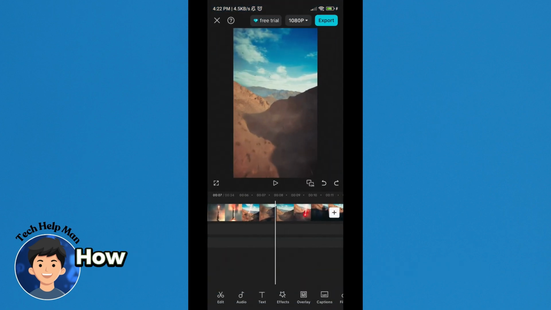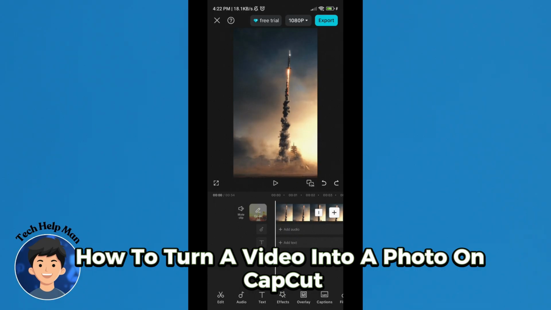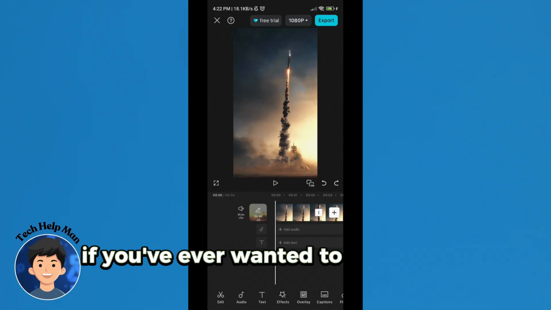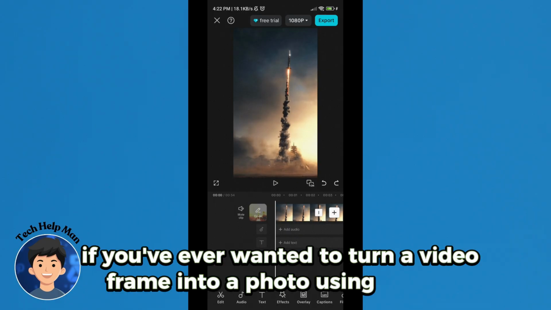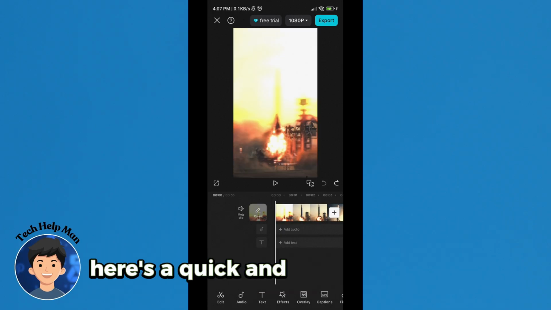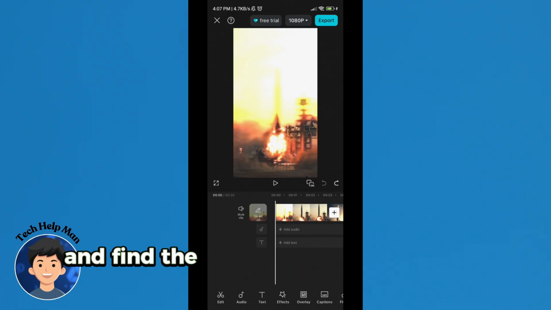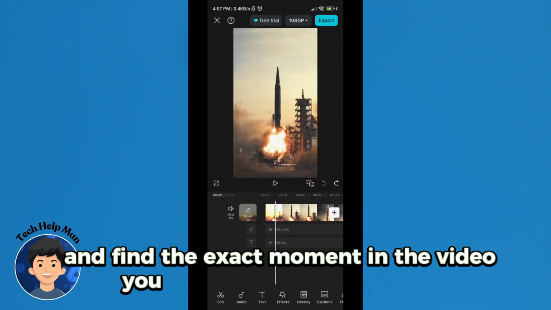Today, let me show you how to turn a video into a photo on CapCut. If you've ever wanted to turn a video frame into a photo using CapCut, here's a quick and easy way to do it. First, open your project and find the exact moment in the video you want to turn into